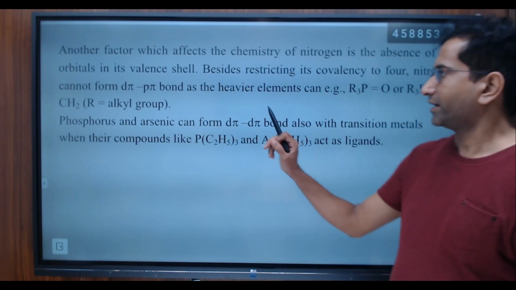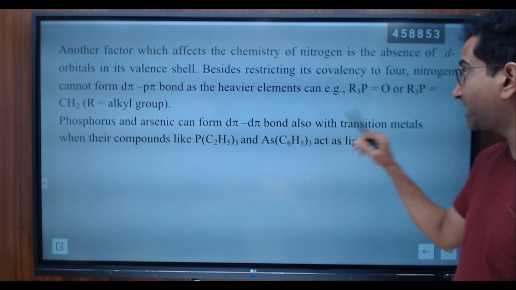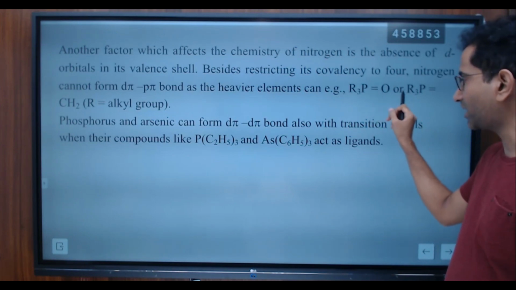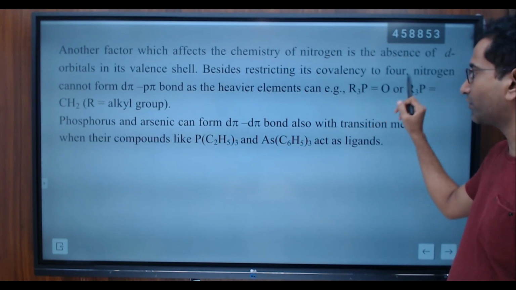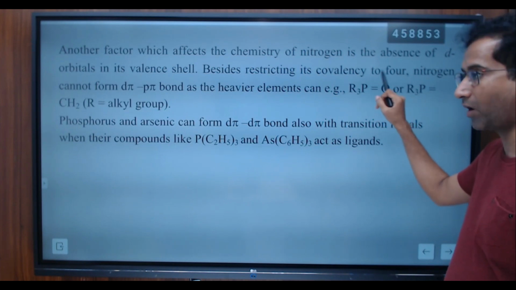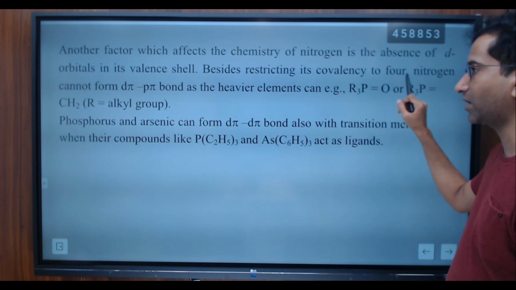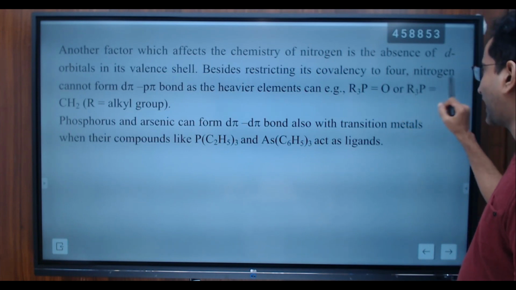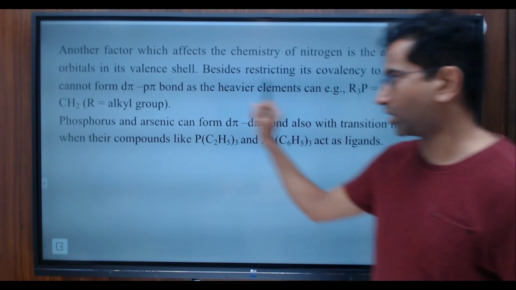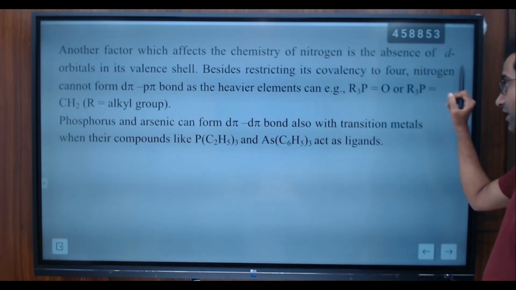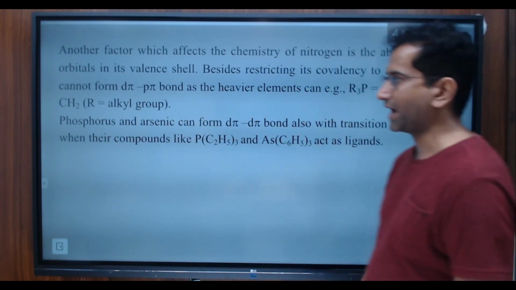Okay. dπ-pπ bonds in heavier elements like phosphorus: R3P double bond O. In this P double bond O, the pi bond is formed with the help of the d orbital of phosphorus and the p orbital of oxygen. R3P double bond CH2, in which the pi bond is formed with the help of the d orbital of phosphorus and the p